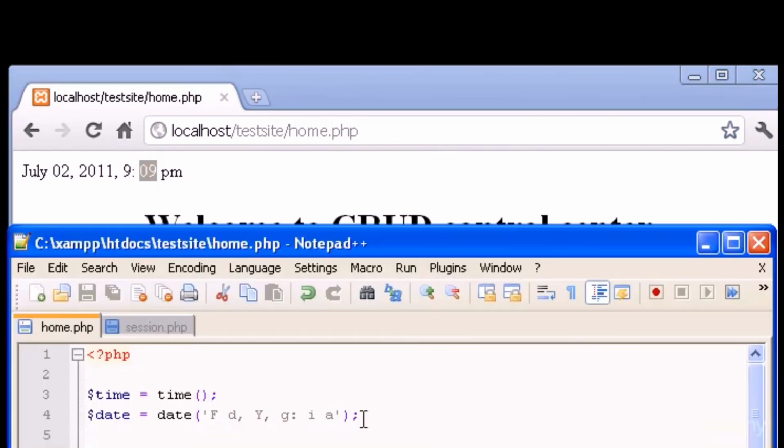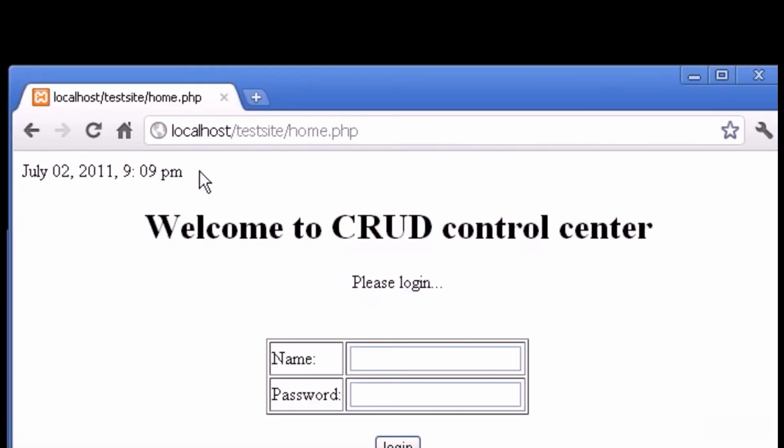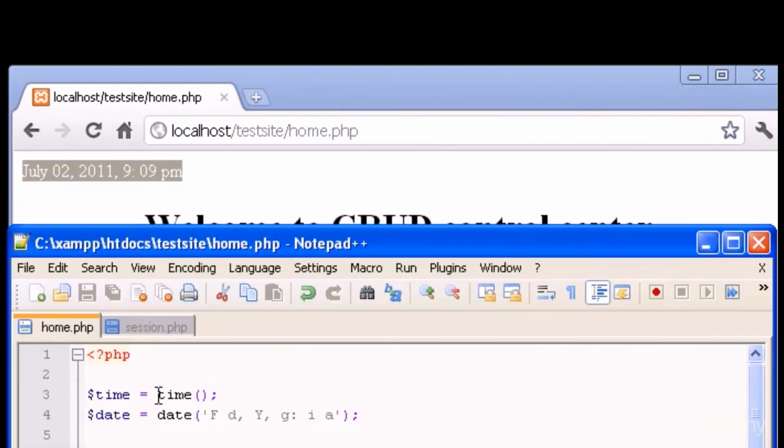So I'm going to show you now a way to grab a date, whatever date that you want, and also the hours, minutes, and seconds as well, if you want to. To do that, we have to type here